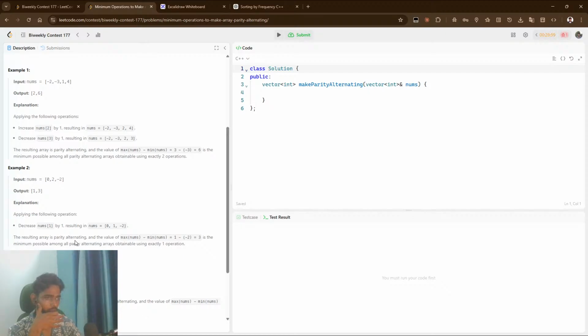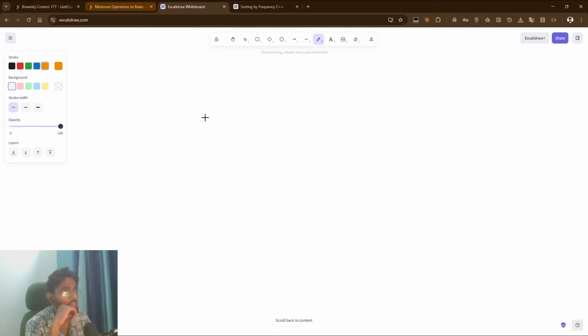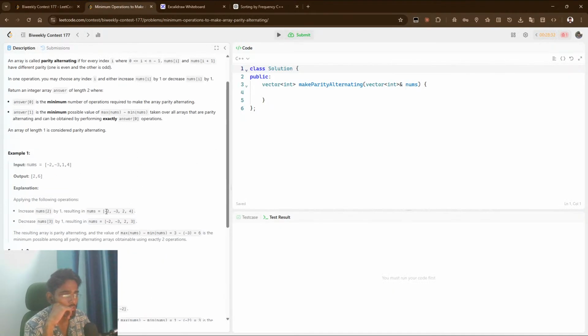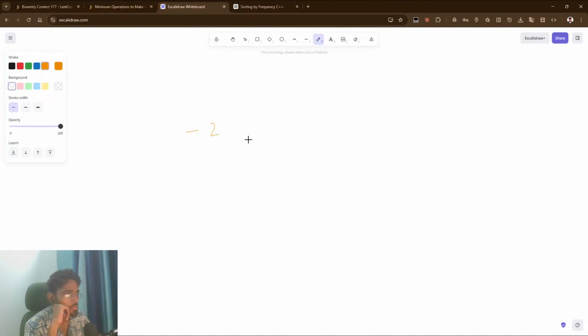the resulting array is the parity alternating and the value of maximum is the minimum number possible among all parity alternatives obtained using one operation। So maybe, तो पहला एलिमेंट है उसको मैं maybe I can just decrease। अब the question is -2 -3 2 4, -2 -3, and then we have 2 and then 4, तो -2 -3 सही है, ये सही है, ठीक है, छोड़ो, यहाँ आओ, इनको चेक करते हैं, ये गड़बड़ है, सही है।